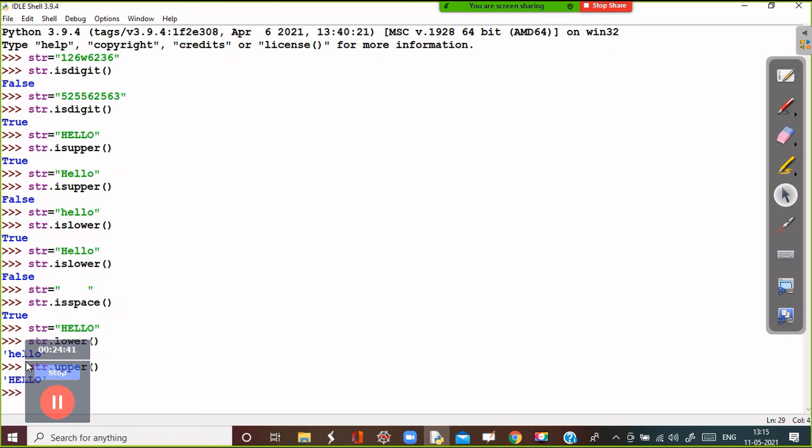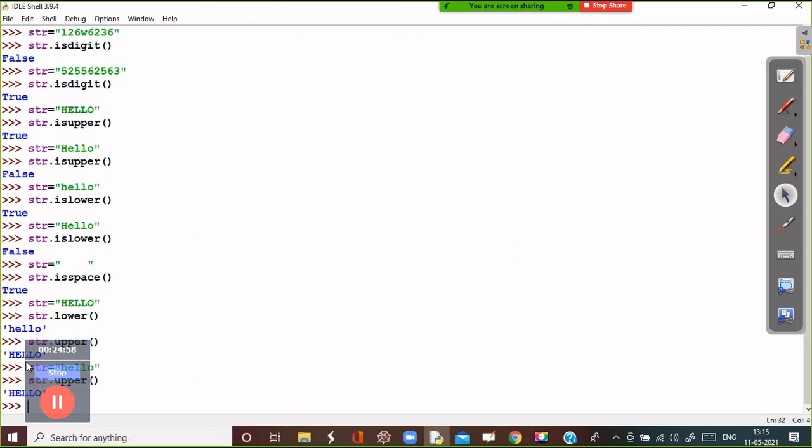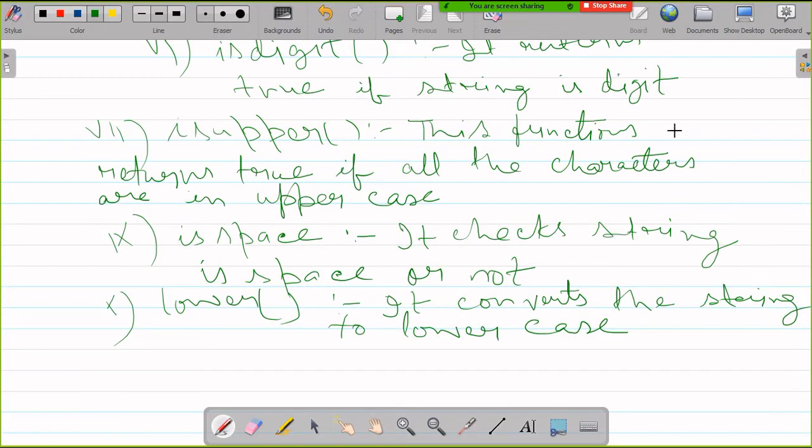And if you are writing a string in small case and you want to convert it to uppercase, then you can write string dot upper. Opposite of lower, it converts the string to uppercase.